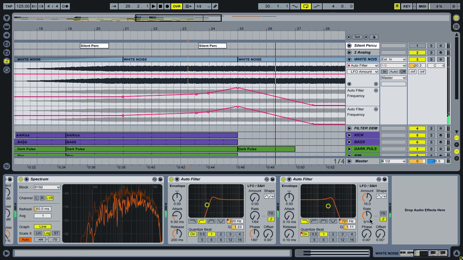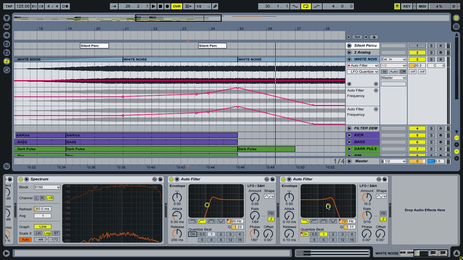I'm just going to take the quantize off of this one as well. It's going to make it a little bit easier to hear what's going on with the various sweeps. So this is fairly standard, but what you've actually got is two LFOs happening here. One's coming out of the left speaker, one the right, providing there are no other stereo treatments going on. So I'll simplify it and just say one is for the left channel and one is for the